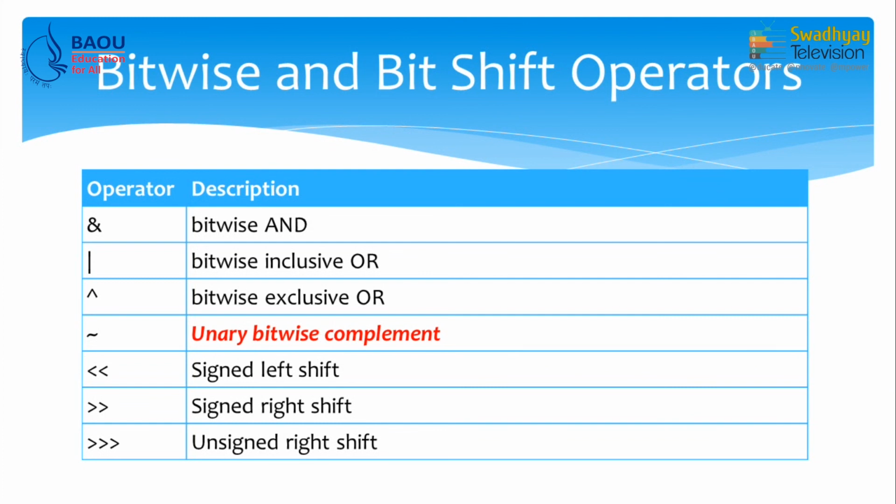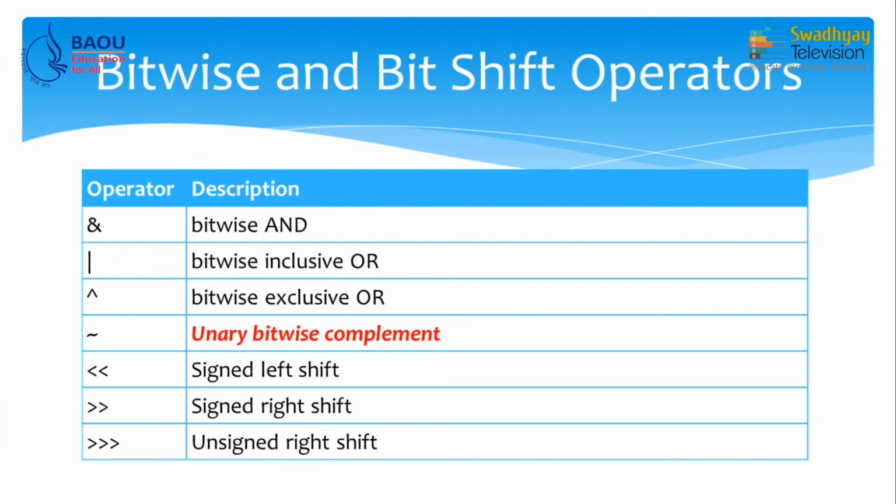Now, we know the data type. For example, byte requires 8 bits. So, in that case we can perform various types of operation that directly performs bitwise operation on given operands. For that, we have different types of bitwise operator. The first is bitwise AND, then bitwise OR, then bitwise exclusive OR, then unary bitwise complement.